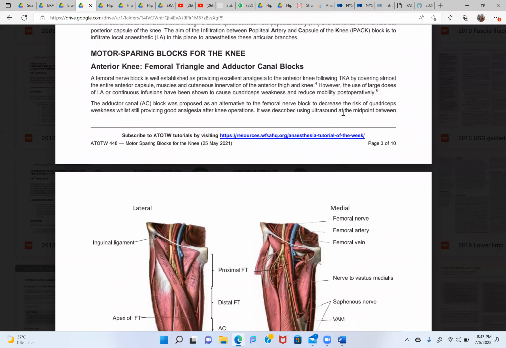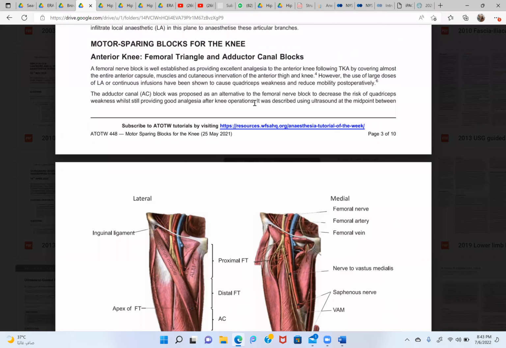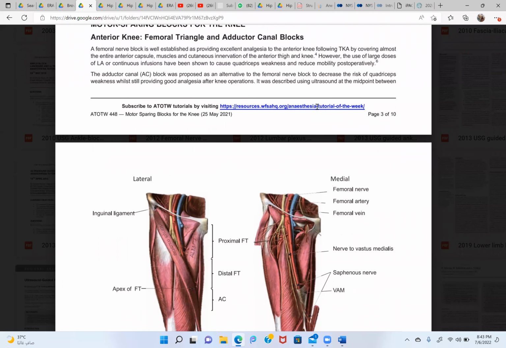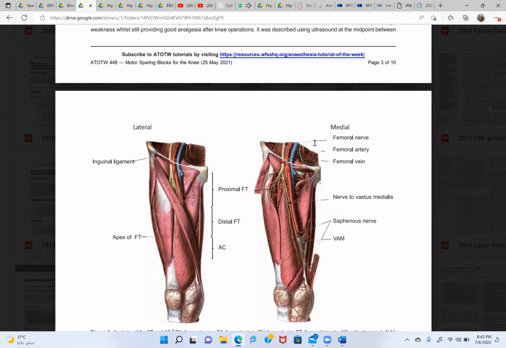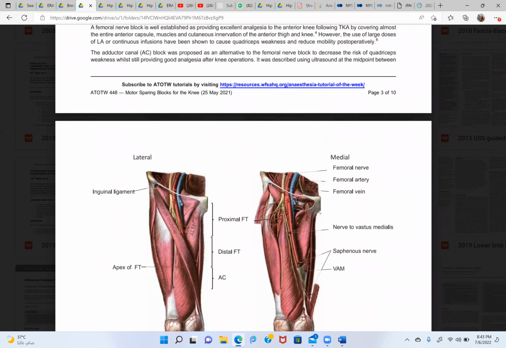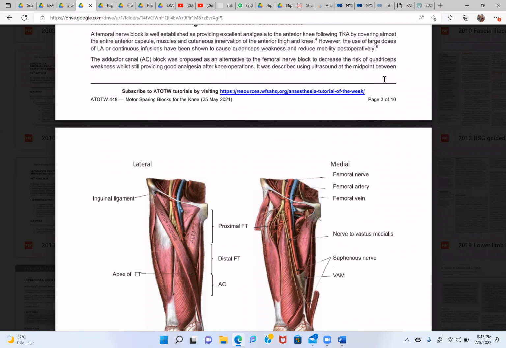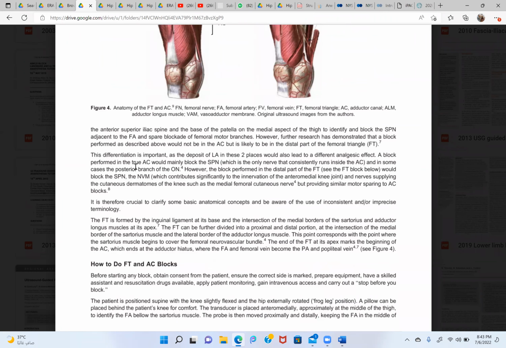Okay, so adductor canal block was proposed as an alternative to femoral nerve block to decrease the risk of quadriceps weakness, but still provide good analgesia after knee operation. It was described with the subsartorial canal. Yesterday I showed you the landmarks for that one as well. So it was described using ultrasound at the midpoint between the anterior superior iliac spine and the base of